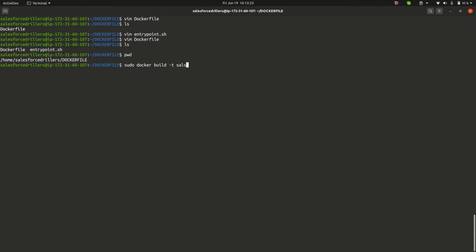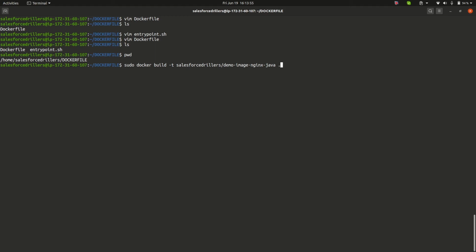We will write Salesforce drillers demo image for Nginx and Java. Okay, now after that we need to provide our Dockerfile path. Right now our Dockerfile is in the same location, so we will write a dot, meaning present working directory.